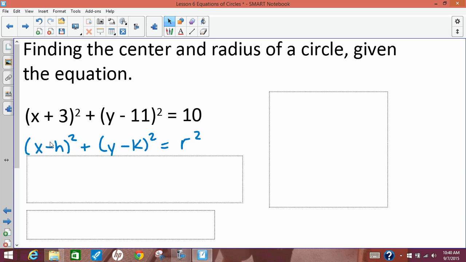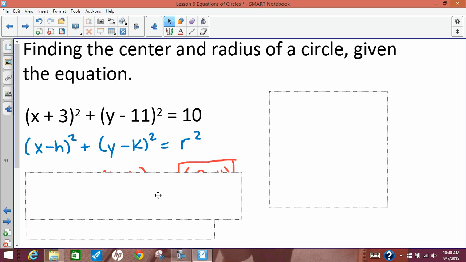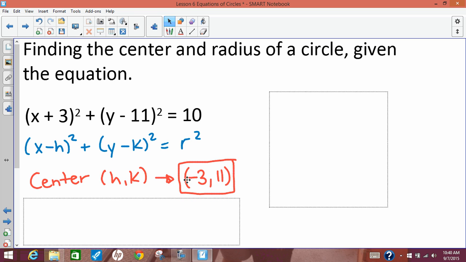So I'm going to ask myself, what number should I plug in for h to make minus h become plus 3? And that number is minus 3. And the number I plug in for minus k to make it minus 11 is just positive 11. So again, if there's a plus sign, that means the value is negative. If there's a minus sign, it means the value is positive. It kind of goes against maybe how you would feel about it, but that's what happens when we use this